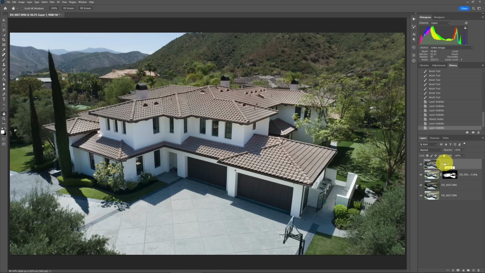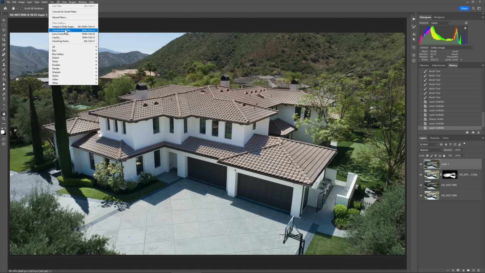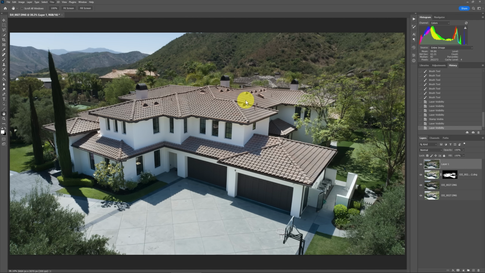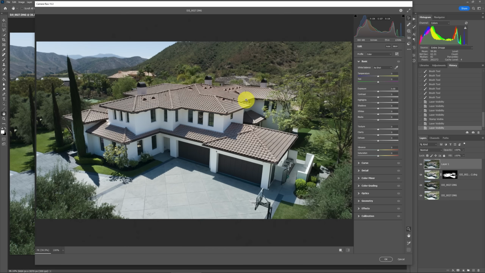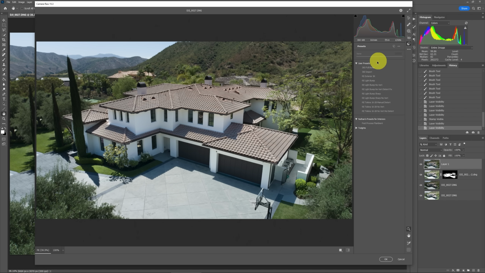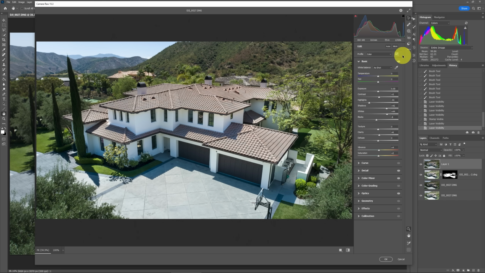Now I can take that and use Adobe Camera Raw, which is basically Lightroom to a large degree, and make some of these adjustments and then keep going further. So we'll go up to the filter menu and we'll select Camera Raw Filter. And of course, if you've never used this before, this is a lot like Lightroom Classic. What we'll do here then is I can apply a preset, and this is very simple. It's a typical one that I start with, and if you want to stop and write this down, this is